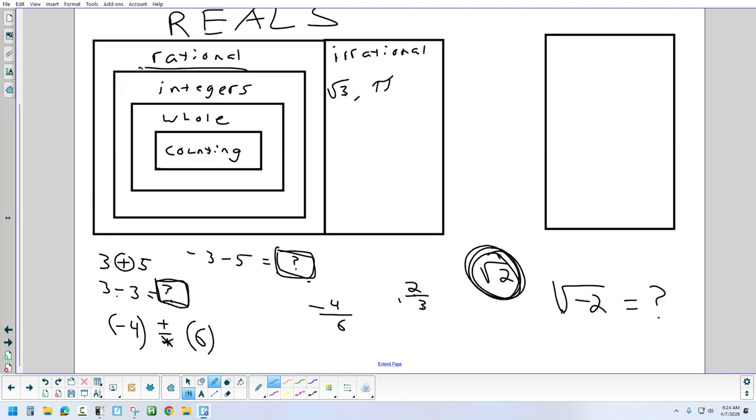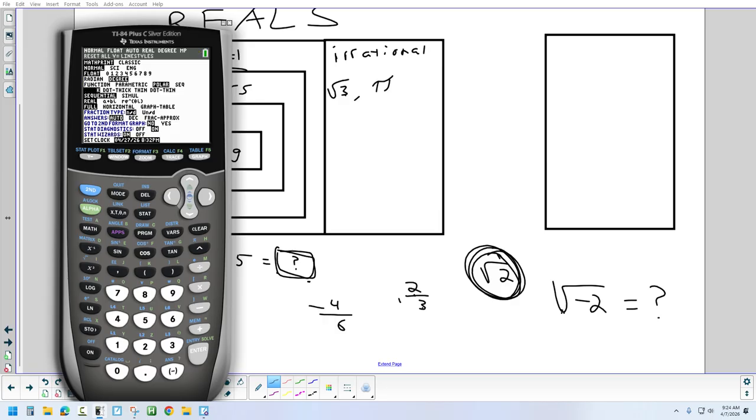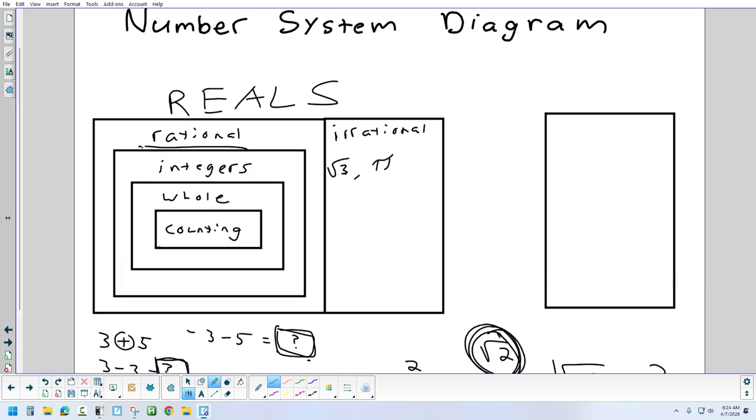Well, if you're in Algebra 1, you might say no solution, but we have a way to do it. Right? I type it in on the calculator. The calculator gave me an error. And that's basically like what someone in Algebra 1 would say. You can't do it. Okay? But if I quickly teach the calculator Algebra 2, so now I just taught the entire course of Algebra 2 to the calculator, and I give it the same problem again. It doesn't tell me that it can't do it anymore. It gave me an answer because I allowed it to know about numbers that are not real numbers. And those are